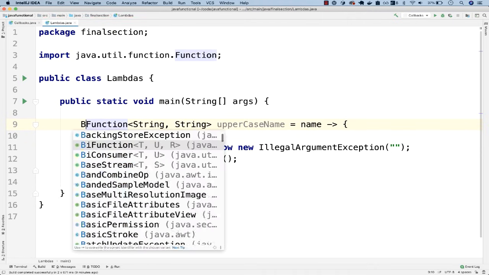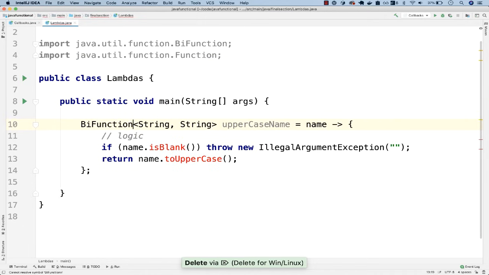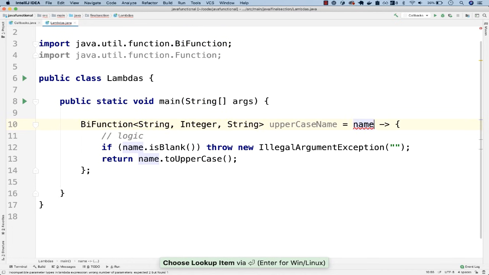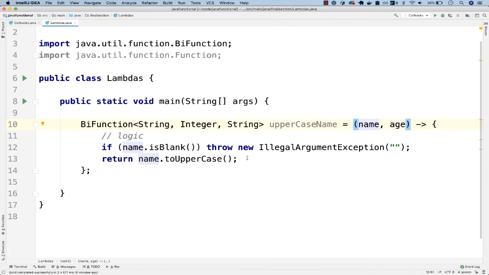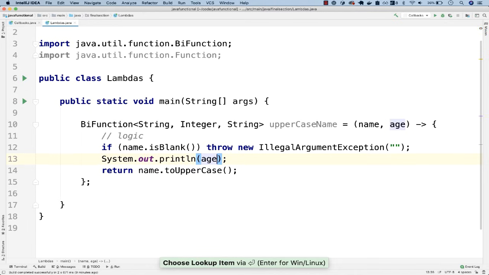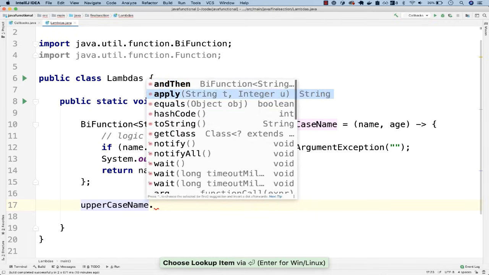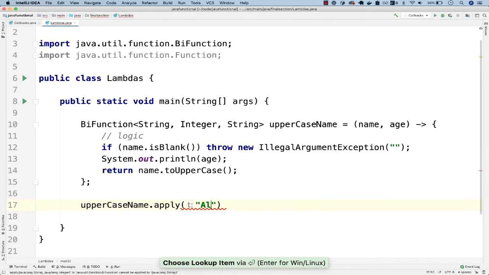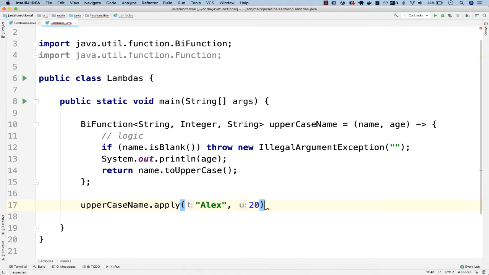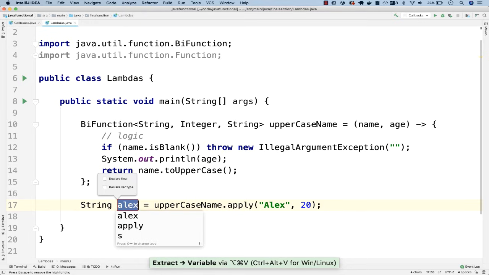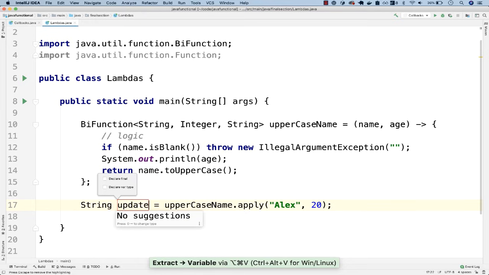But if you have a BiFunction, and right here, let's simply say Integer again, and then age. Now you need to enclose them like that. And you could do another logic right here, so South, for example, and then age. The way you'd use it is as follows: uppercase name dot apply, and then Alex, let's have Alex here, and Alex is 20. There we go. And this returns a string right here,